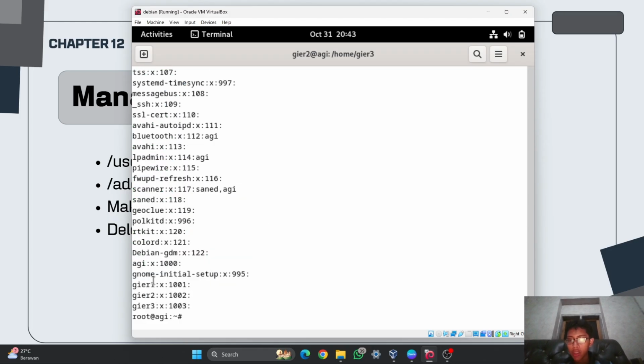And as you can see, there are groups AGI, GR1, GR2, and GR3. So by default, every user has their own group.